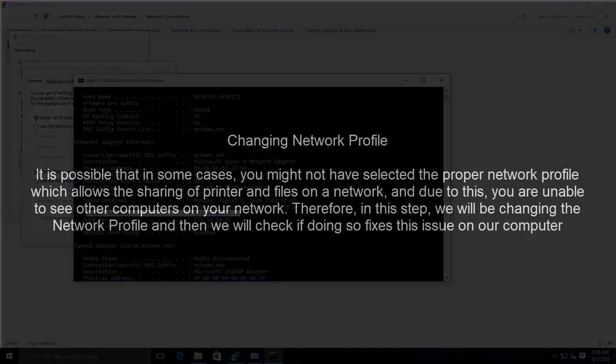The next option that we have is to change network profile. It is possible that in some cases you might not have selected the proper network profile, which allows the sharing of printer and files on a network, and due to this you are unable to see other computers on your network. Therefore, in this step, we'll be changing the network profile and then we'll check if doing so fixes the issue